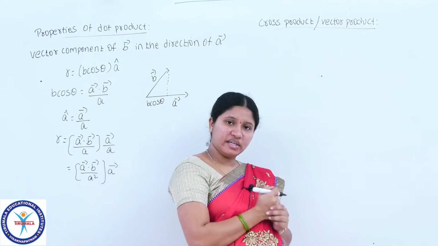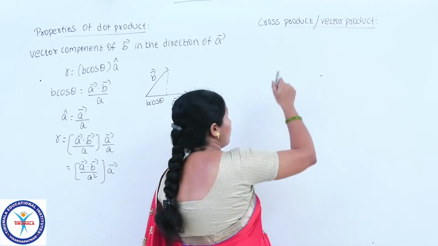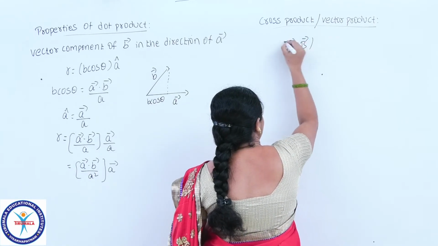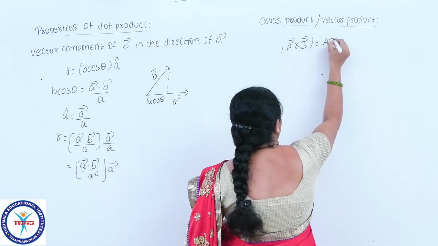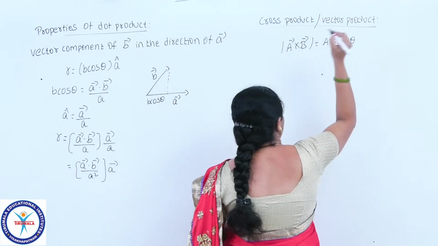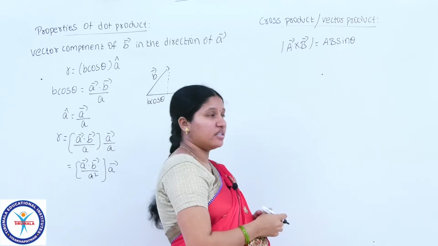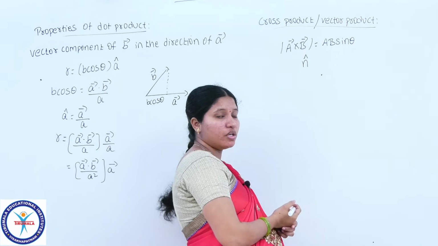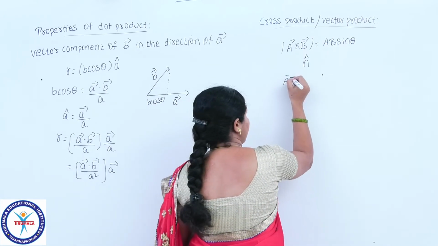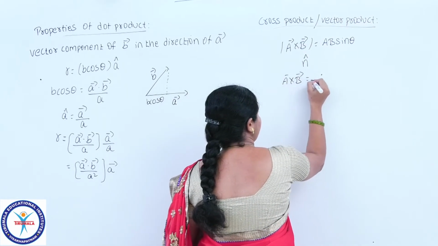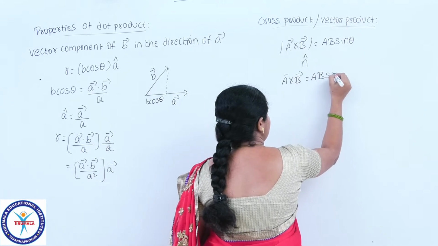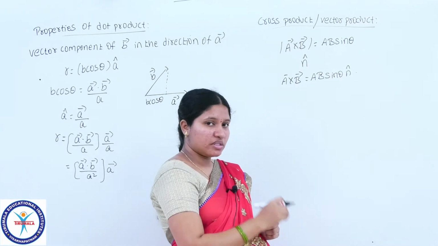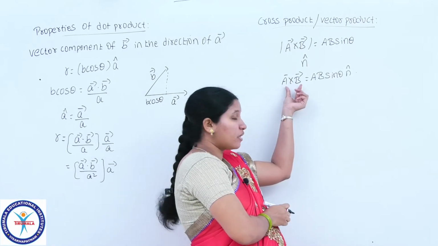We can define the magnitude of cross product, that is a bar cross b bar is equal to ab into sin theta, and the direction can be given by using unit vector n cap. So we can write a bar cross b bar is equal to ab sin theta into n cap, where n cap gives us the direction of the a bar cross b bar,